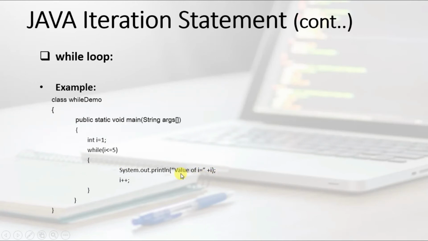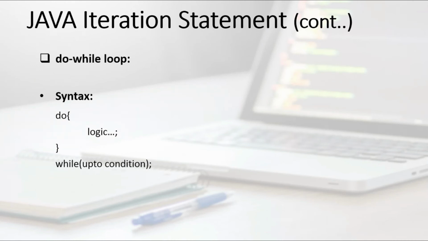Now, whenever the condition is true, then this statement is going to execute. For the value i equal to 1, the condition is true, means the statement is going to execute. Now, for the increment i plus plus, the value of i will be 2. For the value 2, the condition is also true, means the output will be the value of i is equal to 2. It will be true till 5. Why? Because when the value of i is equal to 5, i plus plus makes it 6. Now 6 is less than or equal to 5, this condition becomes false. From now on, this statement is not going to execute as the condition is false. This is how a while loop actually works.